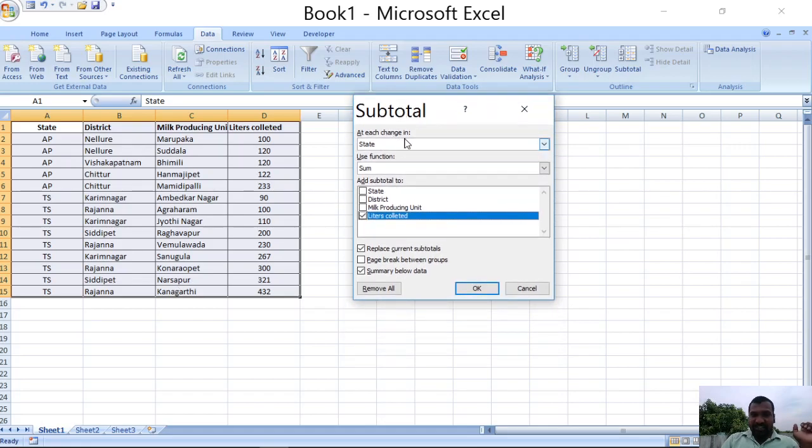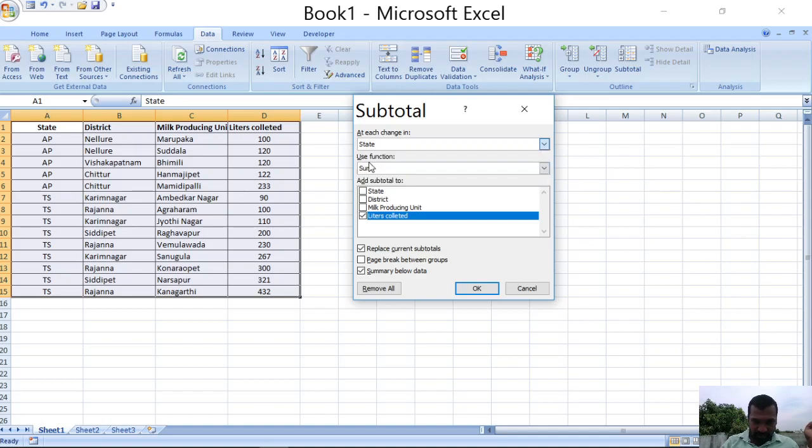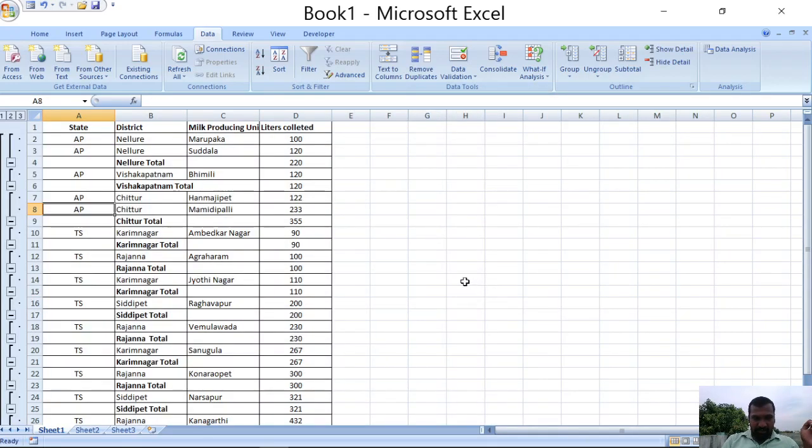Now at each change, for what change do you want to display the subtotal? For example, I am choosing district, which means every district subtotal will be displayed. Then here we have chosen liters collected. Now click on OK. So observe.